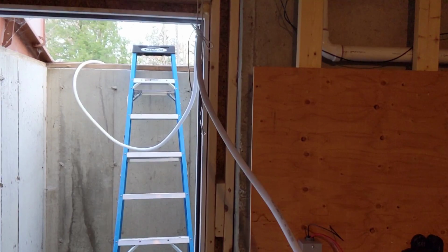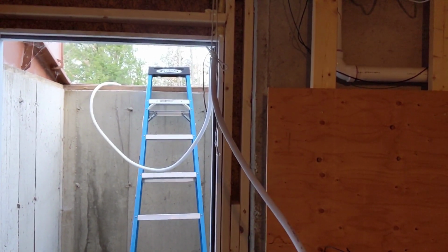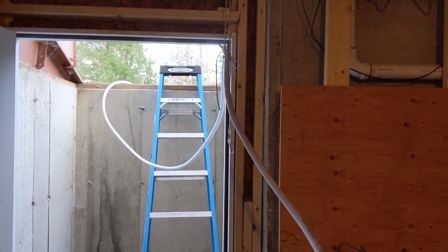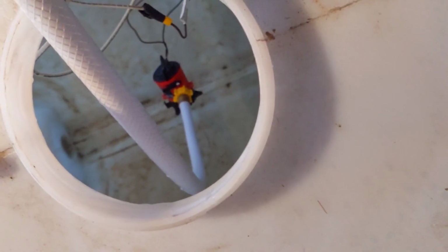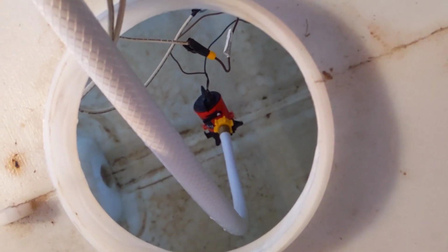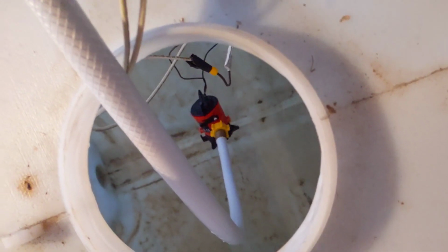So I also had to prime this today. Today was not one of the easier days of draining the tank. Let's put it that way. There's a pump down in the tank, pumping away. And I think it's going to take about 2 hours